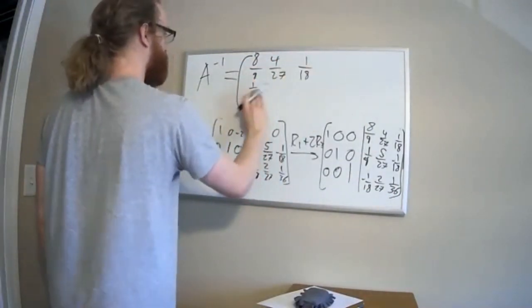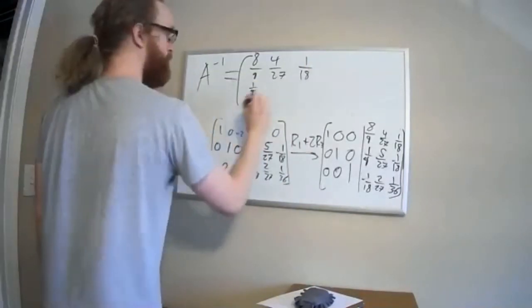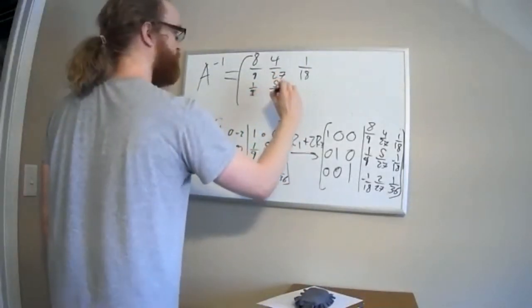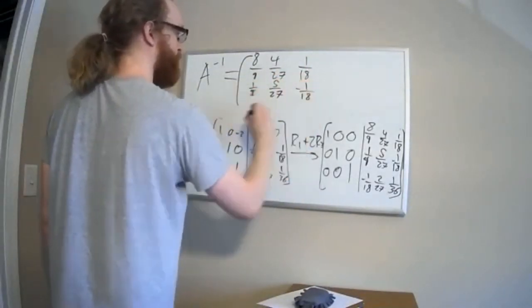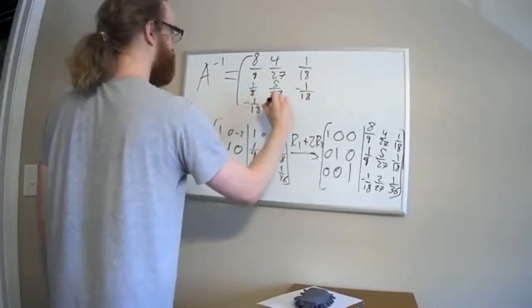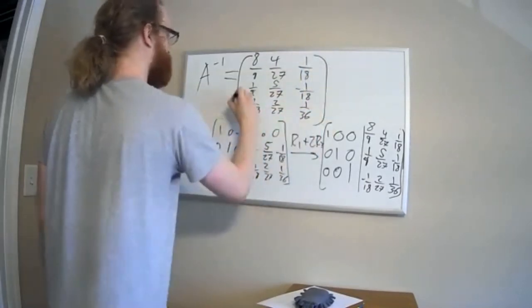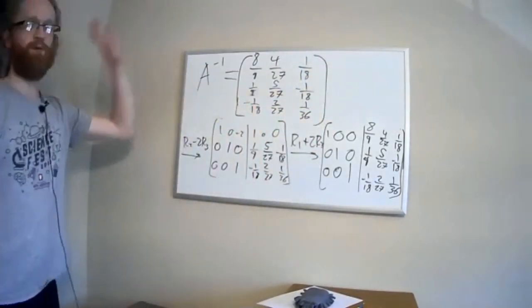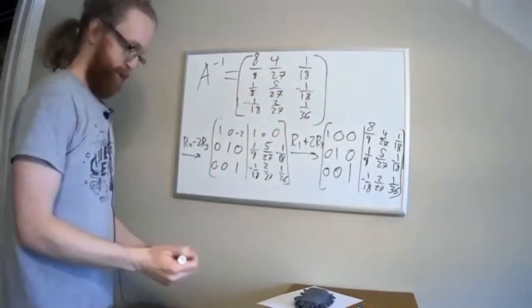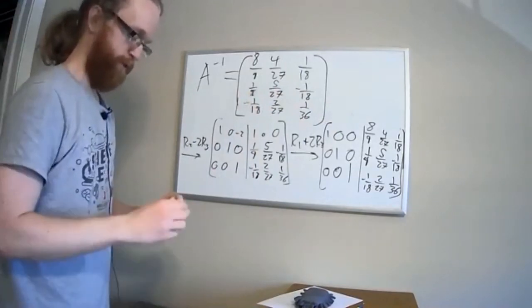Let me give myself more room. 5 over 27, negative 1 over 18, negative 1 over 18, 2 over 27, 1 over 36. Bam. Okay. We found our inverse. So this would be the part where I tell you